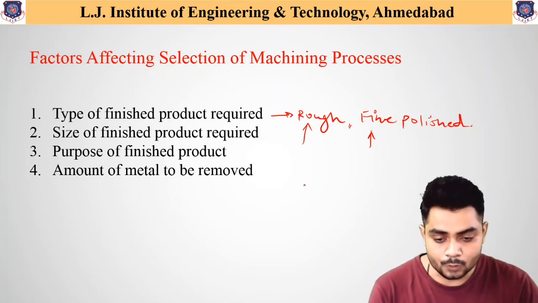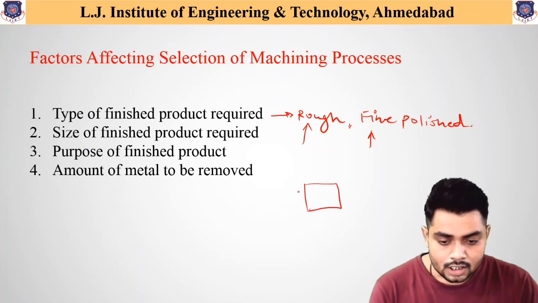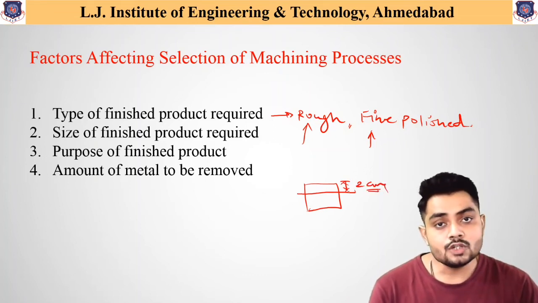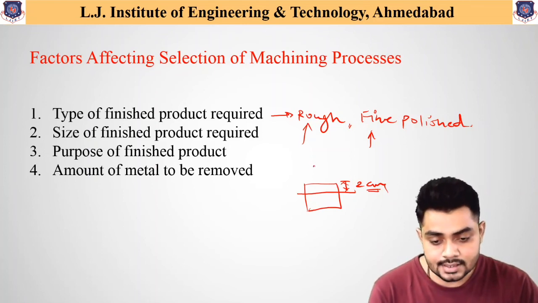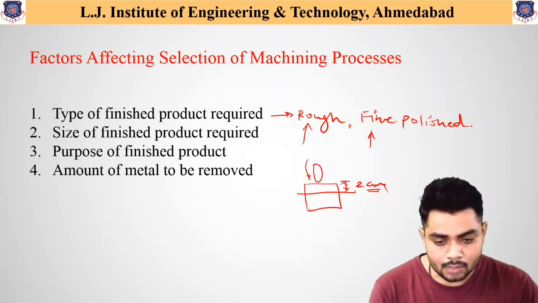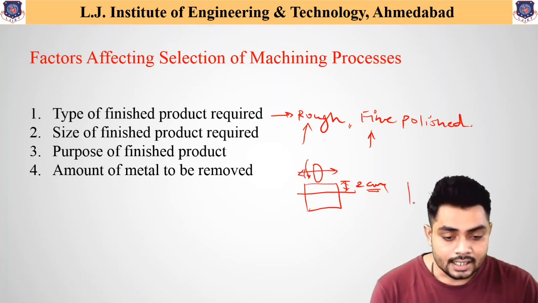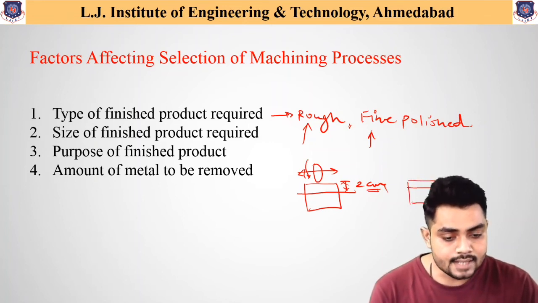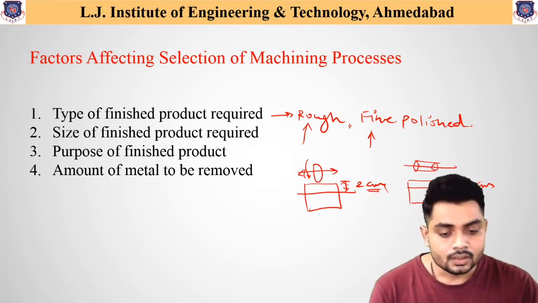Suppose we want to machine this much, 2 centimeters of depth, and we use the grinding machine. What happens is this grinding wheel rotates about its periphery and it moves along the length direction. Similarly, if we use the same component and we want to machine the same dimension on the workpiece, and at that time we use a horizontal milling cutter which has teeth available over its periphery.